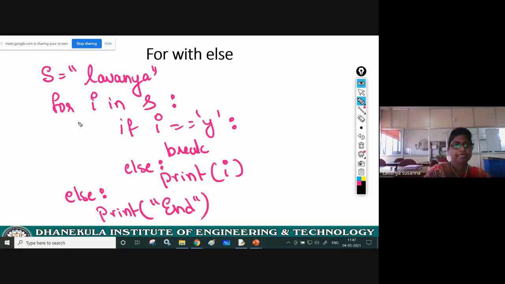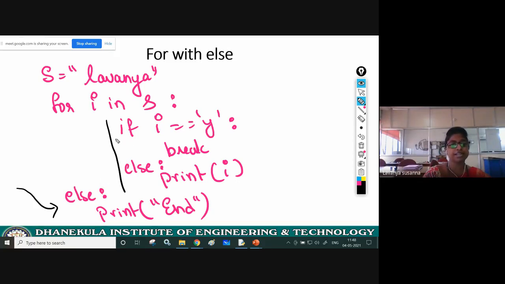Now see, all these statements belong to the for loop: the if and else. And the last else statement, here I have written after the for loop. This does not belong to the for loop. See here, indentation.